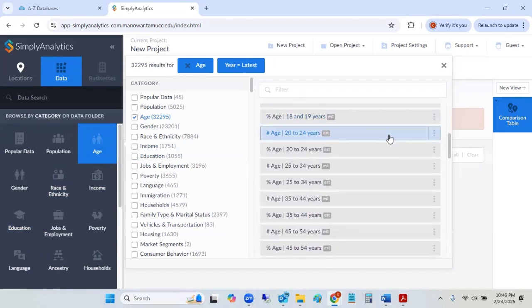And you have two options. Normally, you will have numbers and percentage. So the absolute numbers of people, for example, between 20 and 24, or percentage-wise as a percentage of the population of Corpus Christi, for example. So if I choose this age bracket or age range because I'm interested in this particular